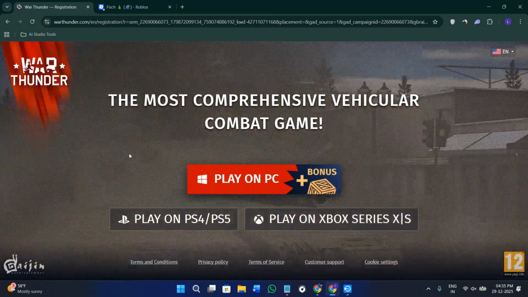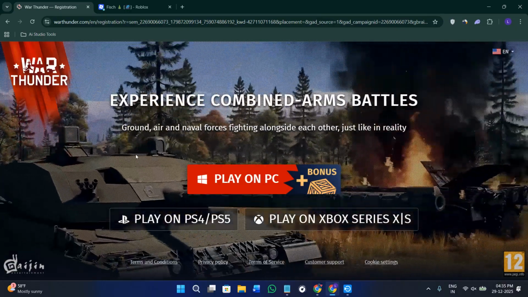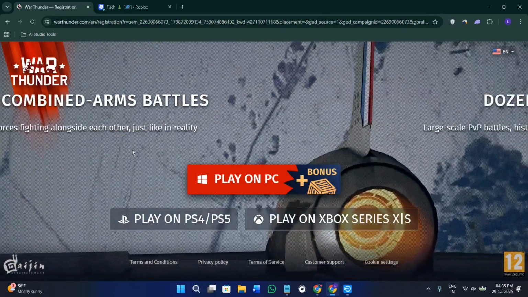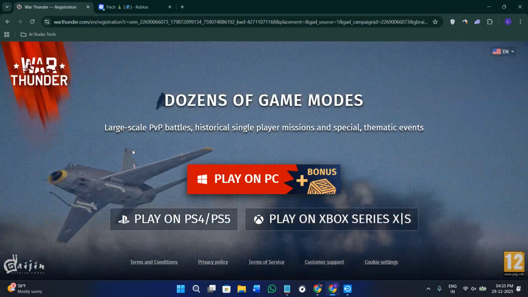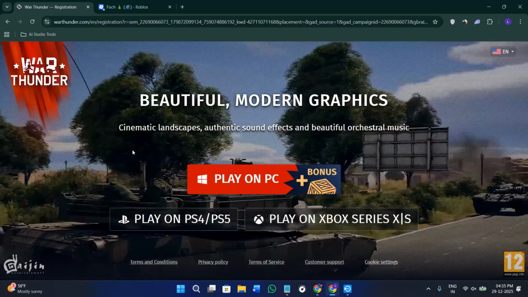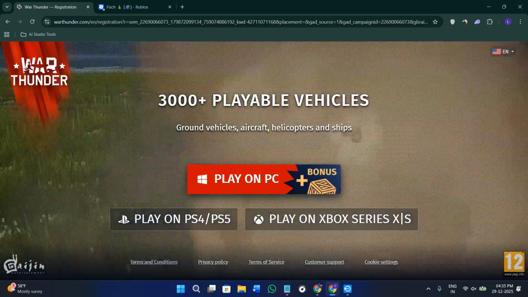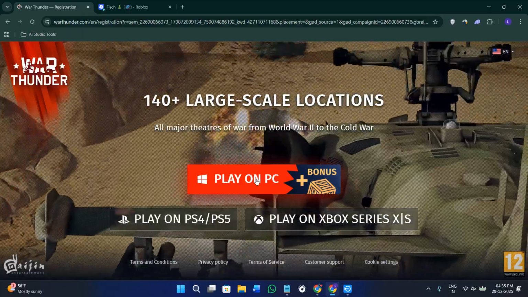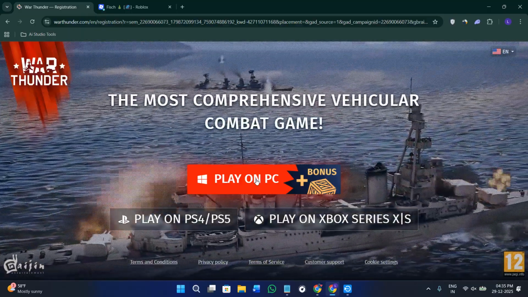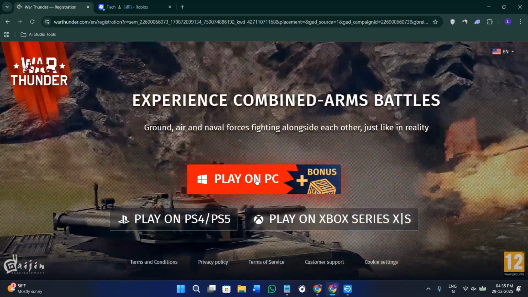So first of all, you need to close War Thunder completely and restart the game launcher. Sometimes the launcher just fails the first time and reconnecting fixes it instantly. Next, you can check if your internet is actually working. You can restart your Wi-Fi router or switch between Wi-Fi and mobile hotspot to see if the game connects on